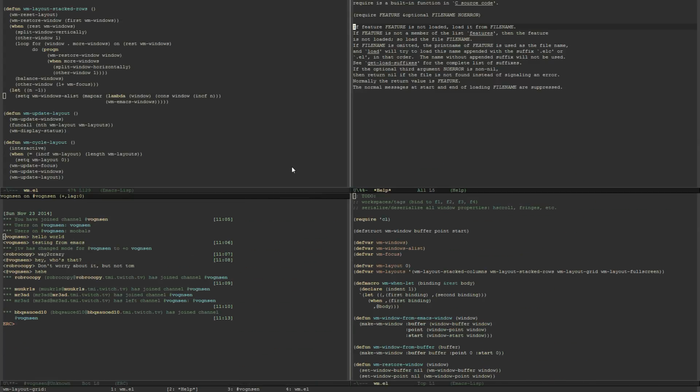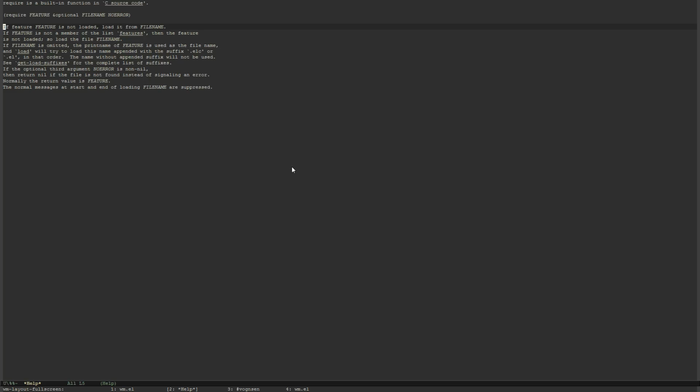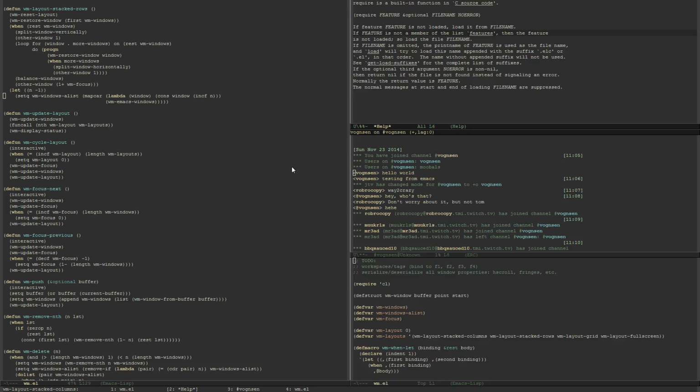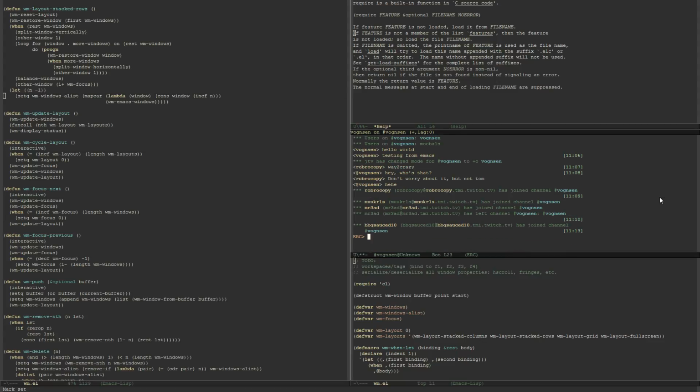I have a bunch of layout modes active now, but normally say you only have two layout modes. One is the stack column mode and the other one is the full screen mode. In that case, just Alt-Enter would essentially flip between the full screen mode and the stack columns mode. And because it's not actually deleting the windows, it's just laying out only the focused window, I can easily go back without losing my window list. So that's sort of the